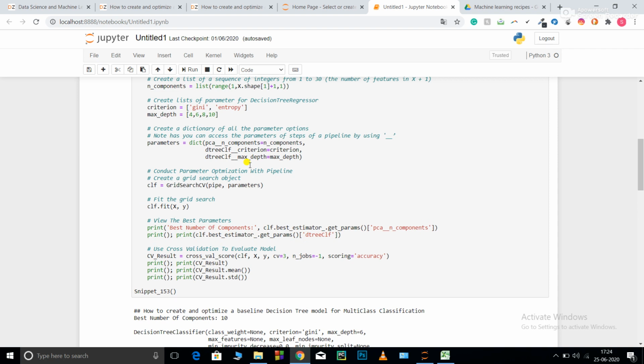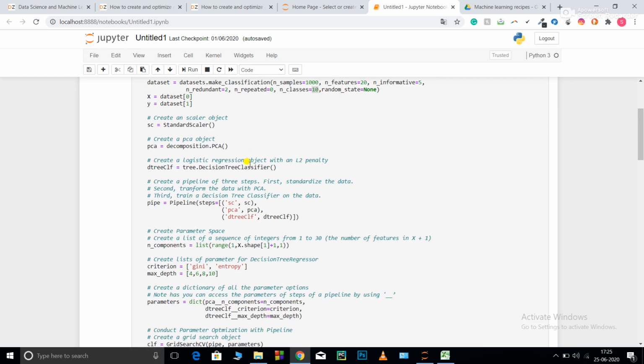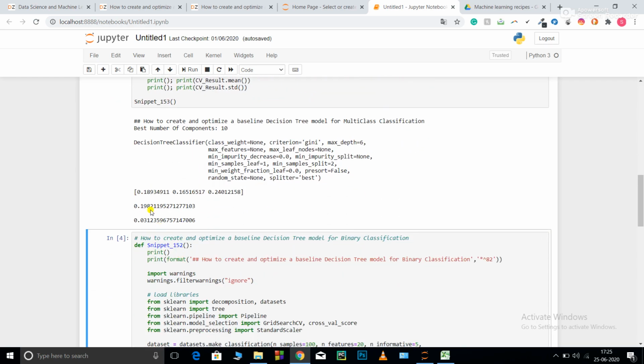If I had used a random forest, it could have performed much better, as it uses a number of decision trees. I could have also gone for grid search CV or XGBoost, but here I needed to show you how to optimize a decision tree model. So you can see the results are this.